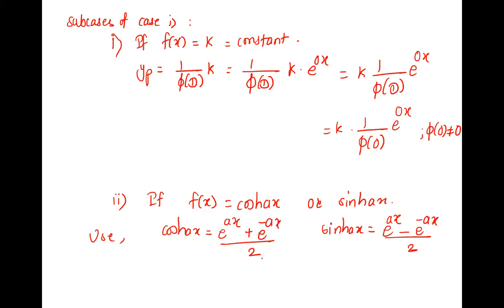Okay, good. So whenever there is cos hyperbolic or sin hyperbolic on your right hand side, that is, phi D y is f of x. If this f of x is this, you can convert it into case 1 by using this formula. Cos hyperbolic formula is this, sin hyperbolic is this. Is it converted to case 1 by applying this? Can you see? Is it case 1? Yes, every function is now E. So yes, it gets converted to case 1.